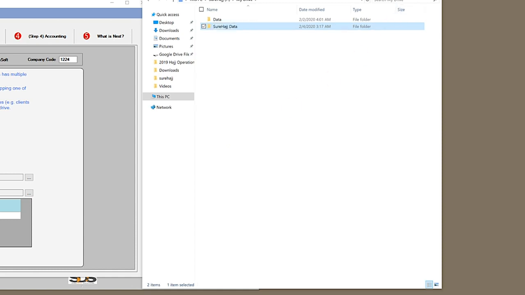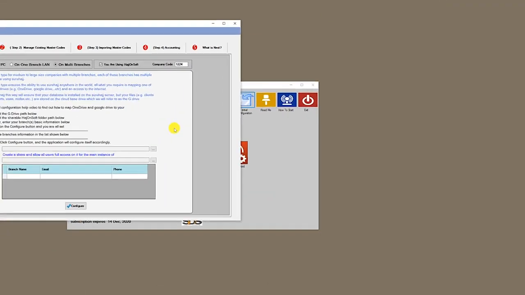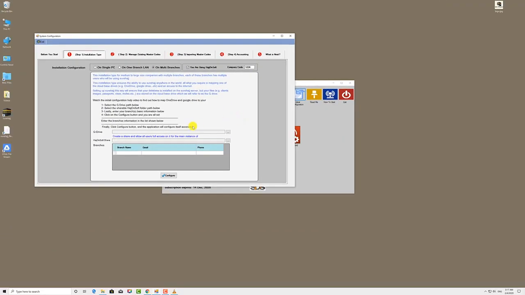Repeat these mapping steps on each computer you're planning to install Surehajj on, and be sure to sign in using the same email and password. On the other computers, you will not need to create a folder called Surehajj data, as you are only required to do that once. Now that we mapped our cloud-based drive, let us go back to our Surehajj screen